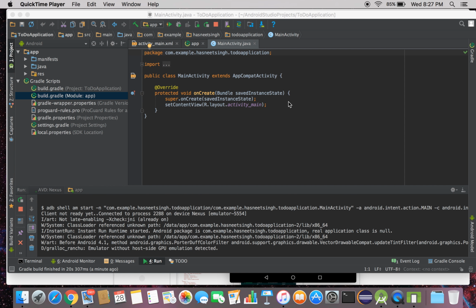Hello everyone, my name is Hasneet and today I'm going to show you how to create a to-do application using Android Studio. So first of all, go to your Android Studio, click on File,